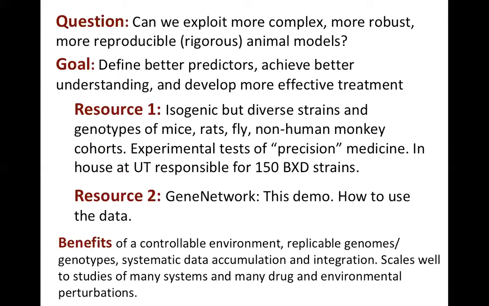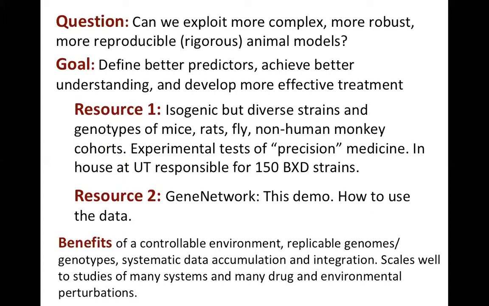The obvious advantage is that for certain types of phenotypes, the variance is known to be non-genetic because you've got an isogenic set of creatures. The only thing that differs is you have males and females. So they're segregating for the Y chromosome, for the X chromosome, and for the mitochondria. But other than that, they're identical twins, essentially. The problem with that is if you study one genotype, that's an N of one study. No matter whether you study 100 or 1,000 Wistar rats, if they're all isogenic, if your black 6s are all isogenic, it's really an N of one study. And that makes generalization tough.